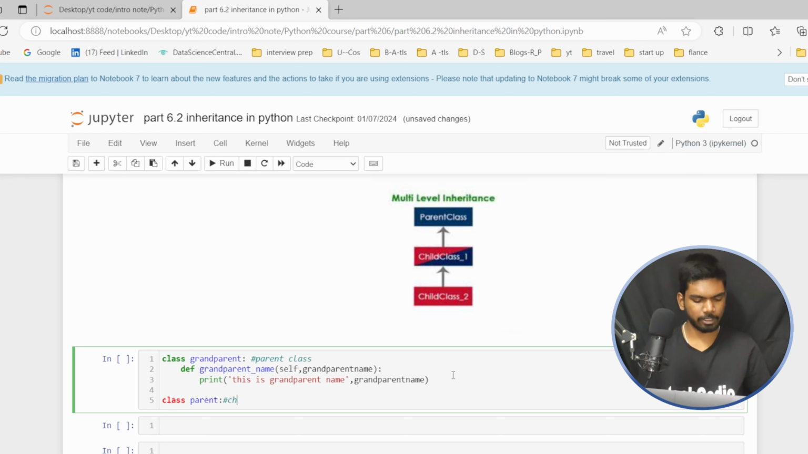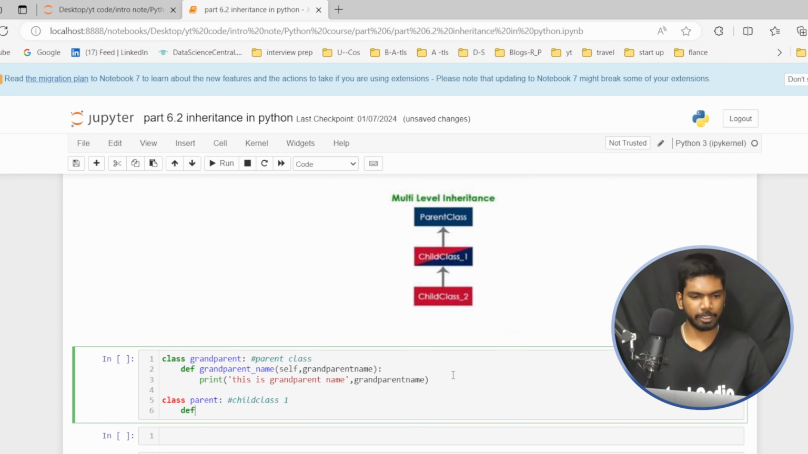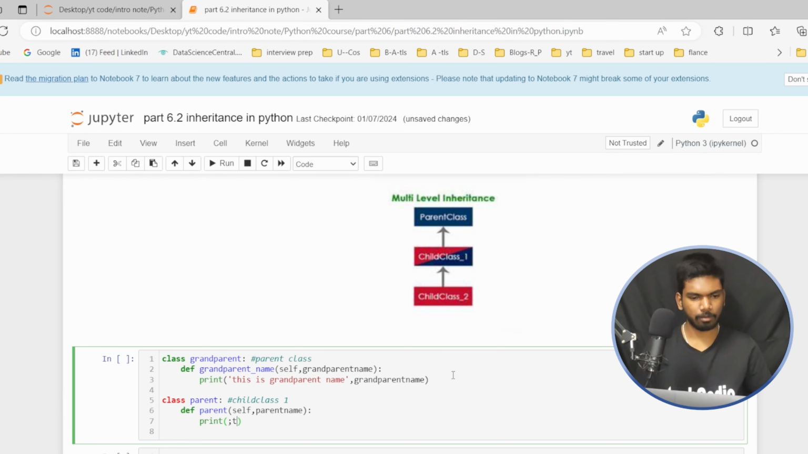It is the child class 1. Now I want to create one function for this parent. Parent name. I want to print this is parent name. So here we have to pass grandparent name as the input to the parent. Here I'm passing this class to this child class 1. I want to give here one more parameter,